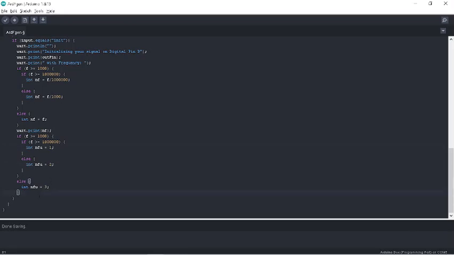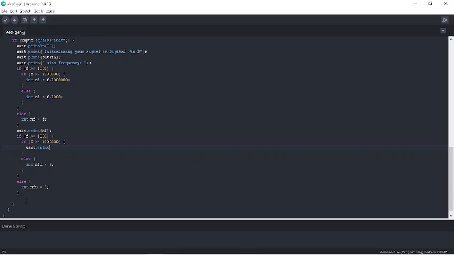Okay, so guys, here what it will do, it will say uart dot, no wait, here only we will print it, uart dot print